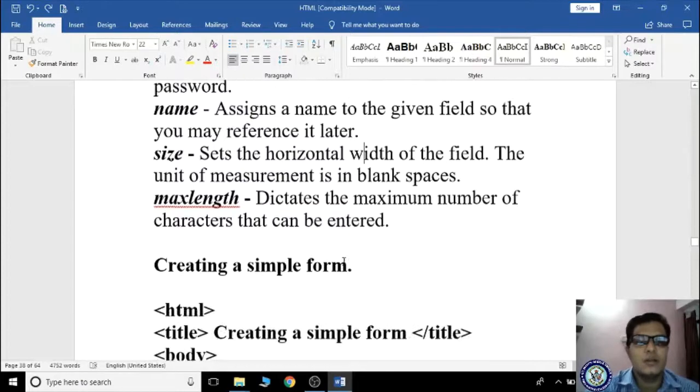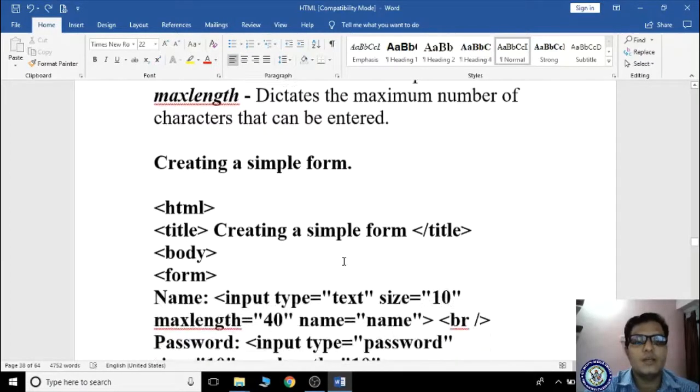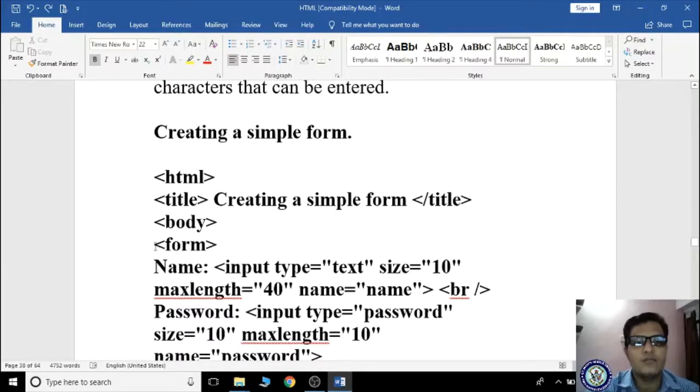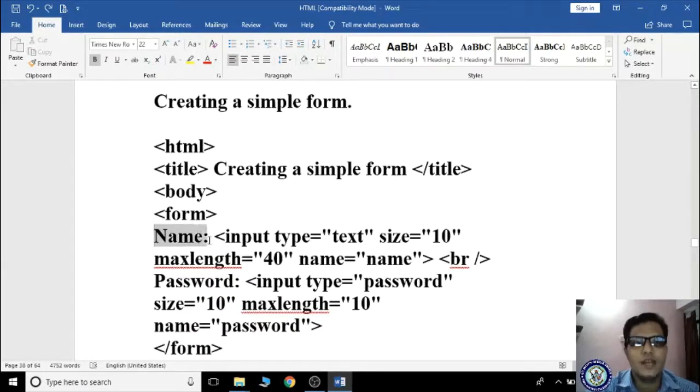Okay, let me see a sample program here. Here is what we have done. HTML, title, body. After the body, we are creating the form. I am taking first name colon. Afterwards, I'm specifying input type as text, which means I want a text box, and I'm also specifying the size, so it will appear 10 in width. And max length, it will accept only 40 characters, and you are giving the name of that text box as